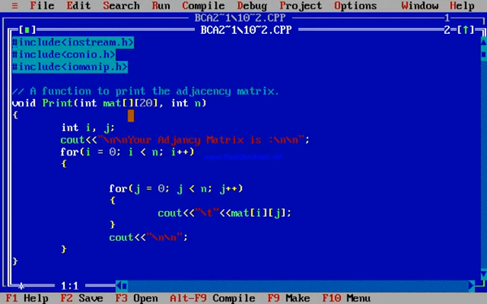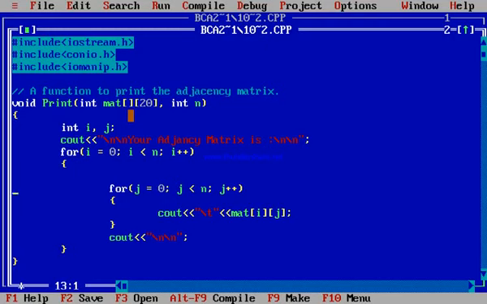Likewise, if there is an edge between B to A, again we put 1, B to C, again we put 1, and so on. For this representation, we consider that there is no loop in the graph.